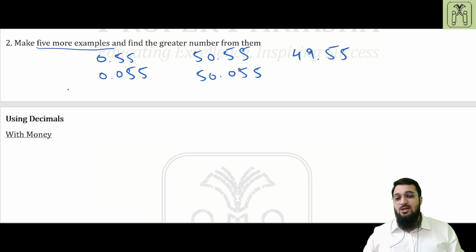I'll just write down the answers because you know how to compare them. You can compare by considering N1, N2, N3. You can consult my comparing decimals video in order to understand in more detail. Okay, so I'll just write down the answer. So the answer is